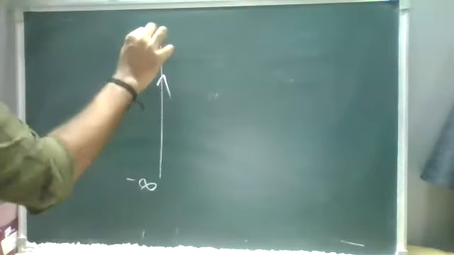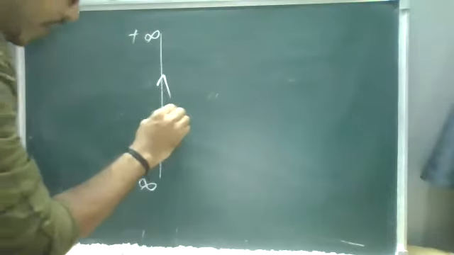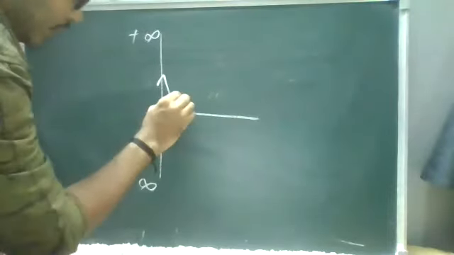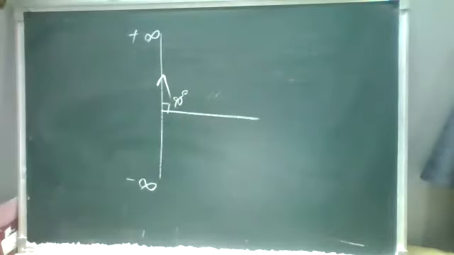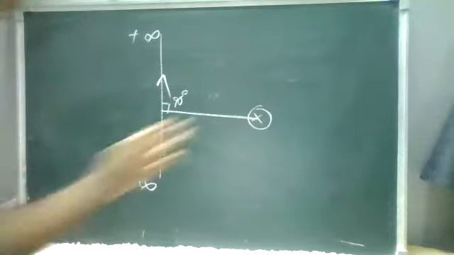Now for the derivation, I'm just drawing the picture and explaining it. Assume there is a long straight current carrying conductor, with the current moving in the upward direction, starting from minus infinity to infinity. Since it is a straight line, there will be a magnetic field perpendicular to it, making an angle of 90 degrees. Perpendicular to the magnetic field from the thumb, it is a cross because the magnetic field lines are entering here.